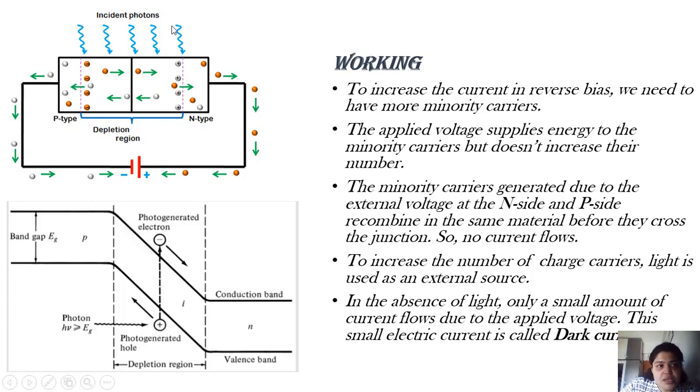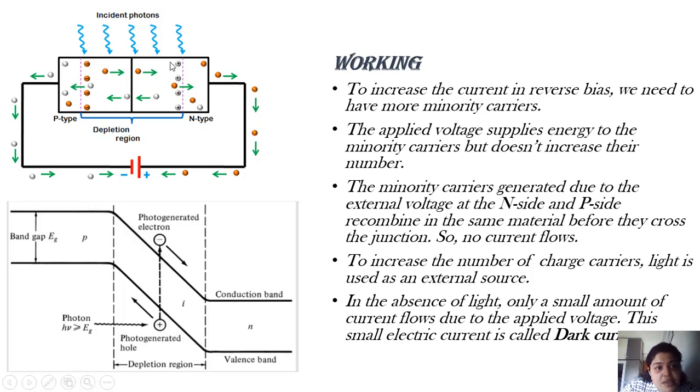Suppose assume there is no light. For instance, just consider that there are no photons over here. You only have applied voltage. So what will happen because of this applied voltage? The negative terminal is connected to P-type, so all the holes will move like this. Similarly, all the electrons will move like this. Suppose I consider one minority carrier, this electron. This electron is moving towards the junction, but because it is a minority carrier, the current will be negligible.